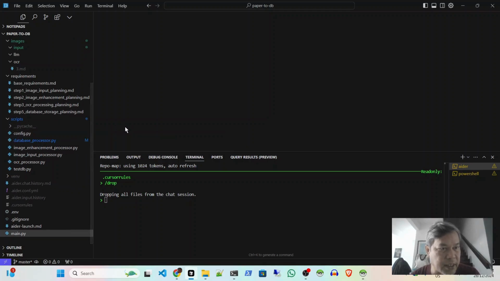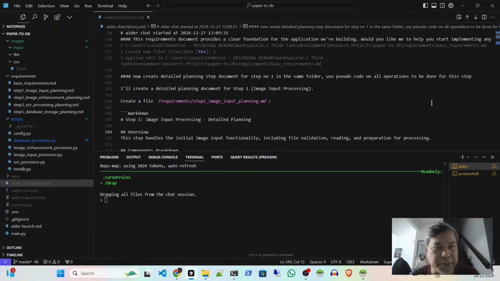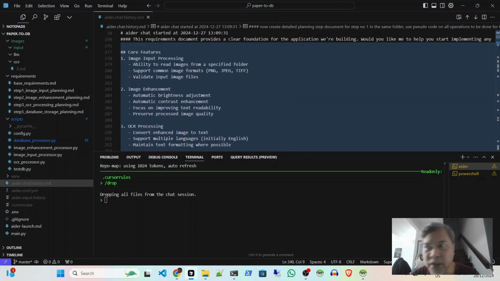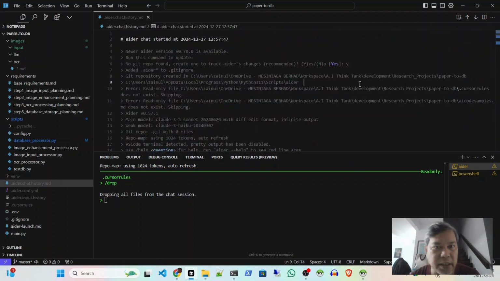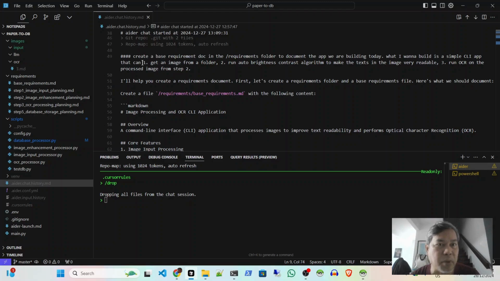So how do I get this? Let's look at the history of the chat, right? So this is the starting point. I started off by asking AI to create detailed planning. Oh, sorry, this is actually a detailed planning. Let's look at the more general one that I started off with to generate the basics. Okay, so my prompt: create a base requirement in the requirement folder, right, to document the app that we are building today. What I want to build is a simple command line interface app that can first get